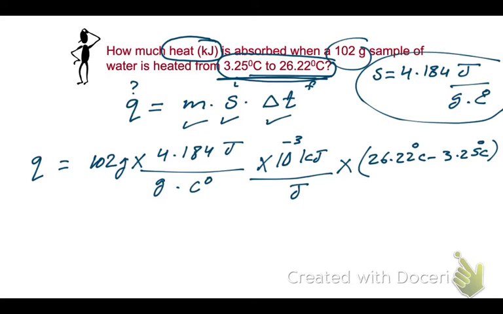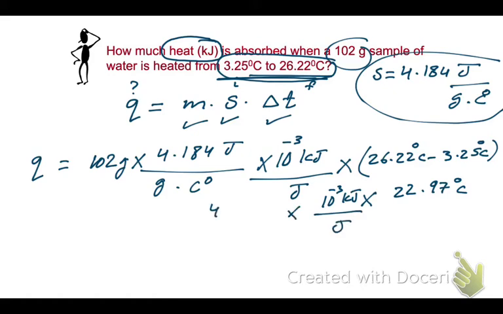The subtraction rule always says that I do have to keep 2 decimal places here. So the answer for this number will be 26.22 minus 3.25, 22.97 degrees Celsius. And now if this also here is 10 to the negative 3 kilojoule for every joule, and then here we have